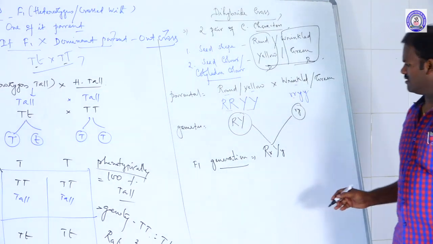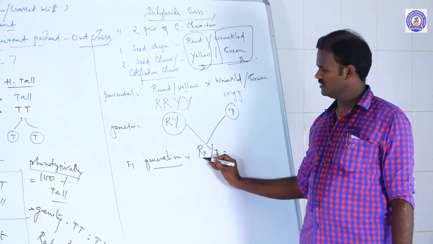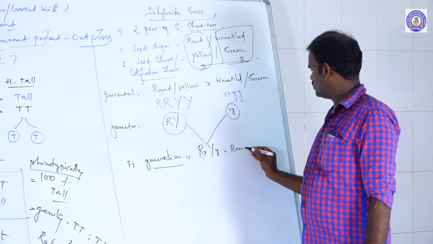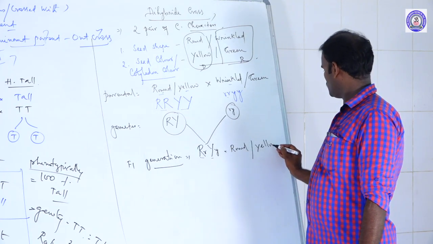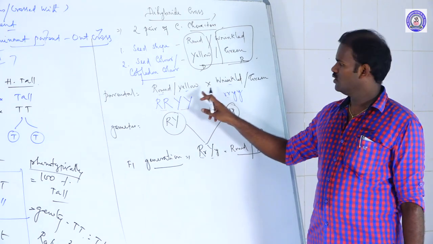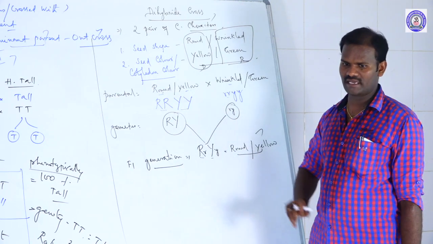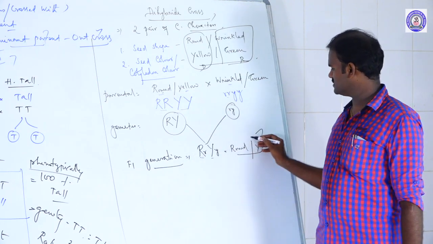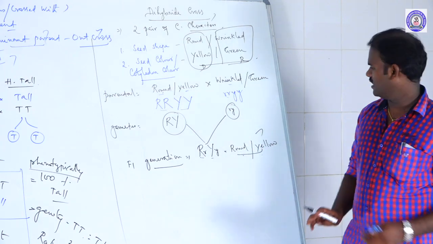Mendel obtained all the F1 offspring, and actually their capital letters are expressed. The capital R is responsible for controlling round, so round shaped. Here capital Y is also expressed, yellow seeds. So this proved the law of dominance. Among the two parental characters, only one parental character is expressed in the F1 generation. This is called the law of dominance. These are called dominant characters. So Mendel obtained all the F1 offspring in the dihybrid cross with round and yellow seeds.